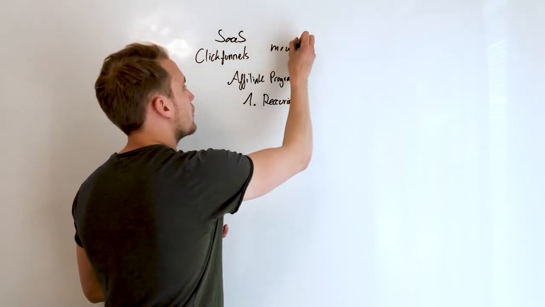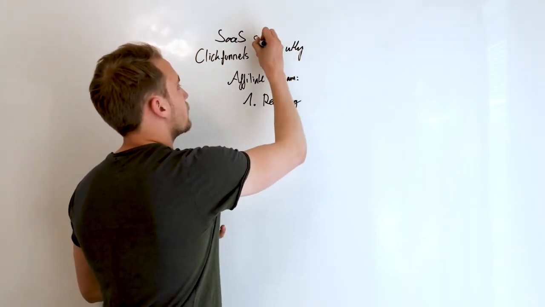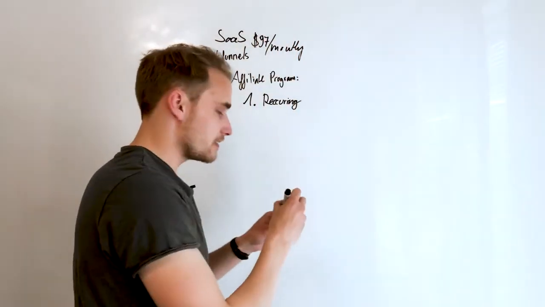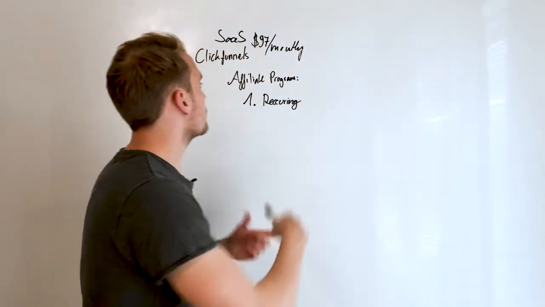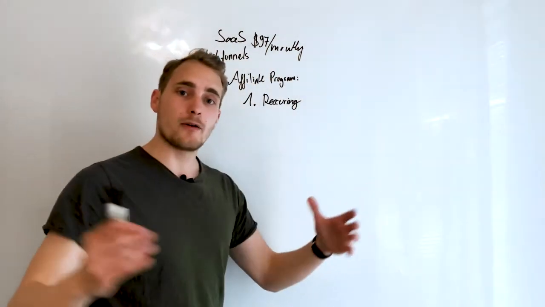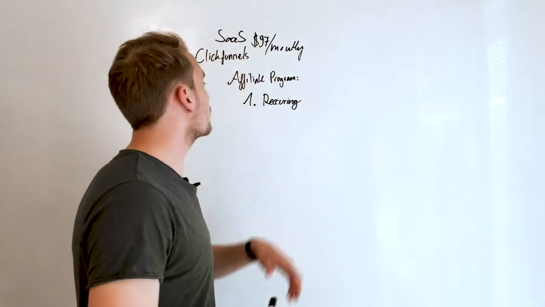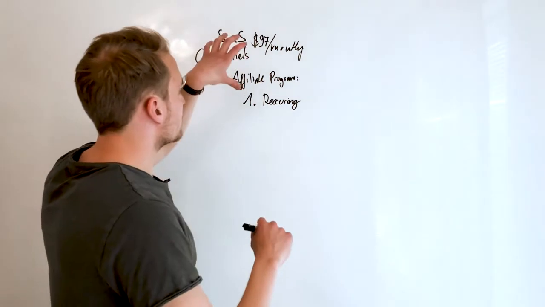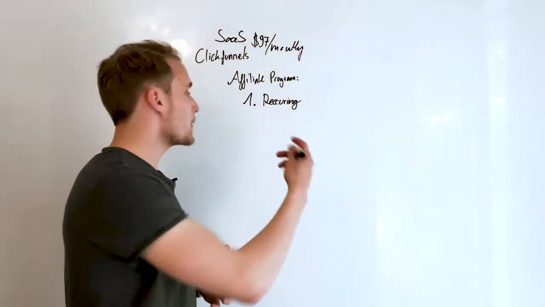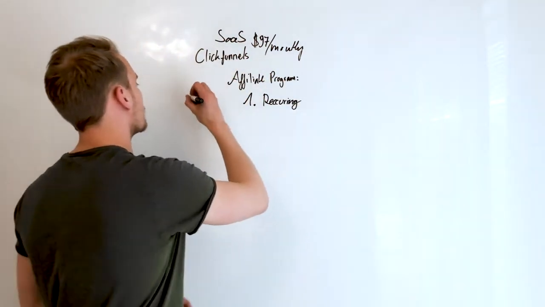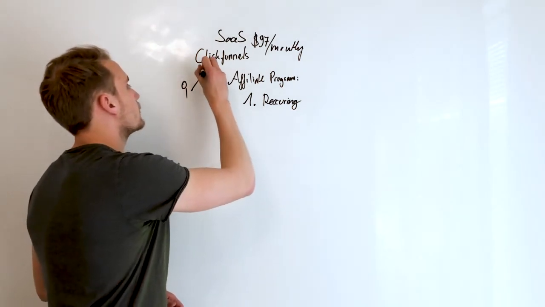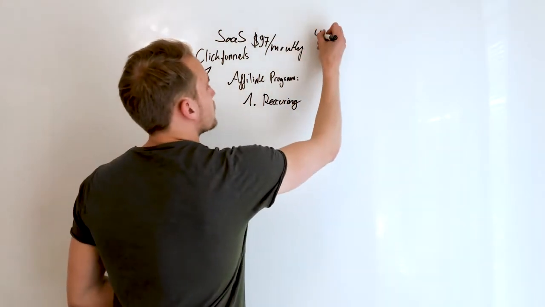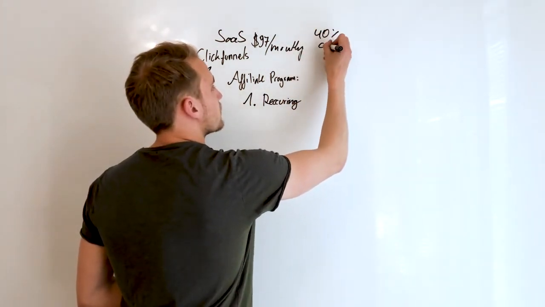So, monthly. First, it starts off with $97 a month, right? That's the base plan of ClickFunnels, and people who use that make way more off of it. So it definitely is a good ROI on their investment. But anyway, it's a recurring affiliate program. So it means that if you refer a new customer to ClickFunnels, right, you get 40% commissions